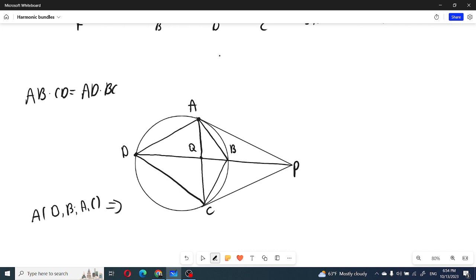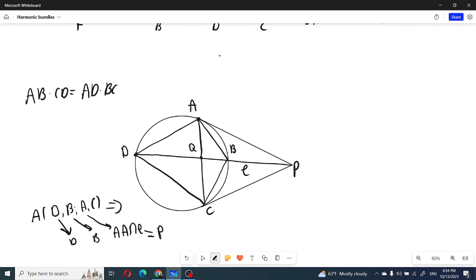We are reflecting on line L. D will go to D, B will remain in its place, A will go to the intersection of the tangent from A and the line L,